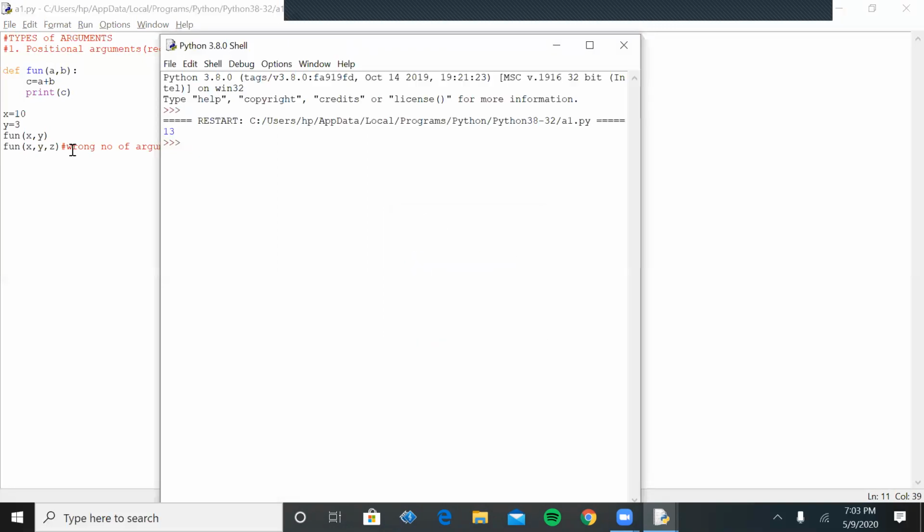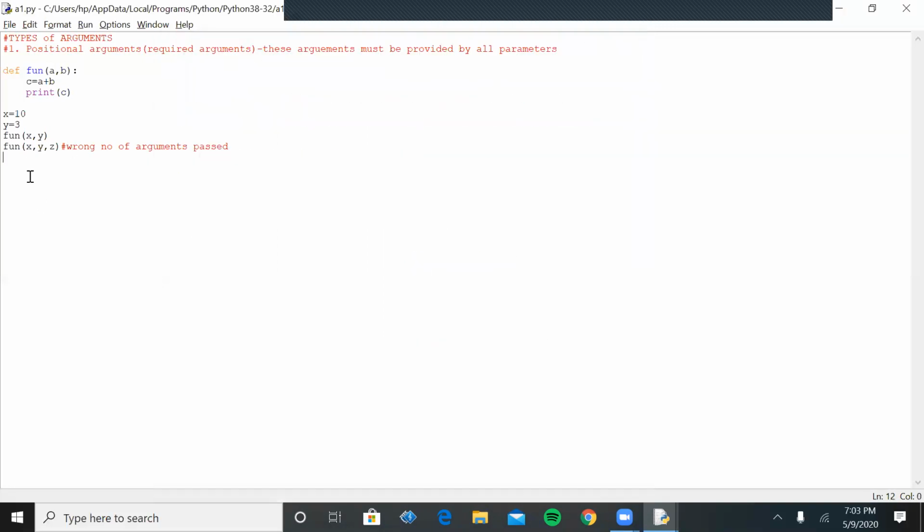When we execute, it shows the error. We can't specify more arguments than the function defines; we have to specify only that number of arguments.